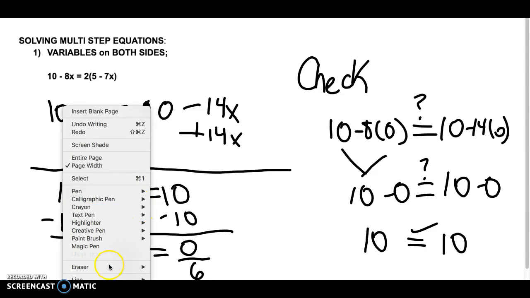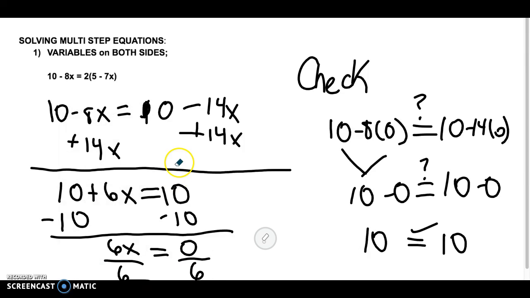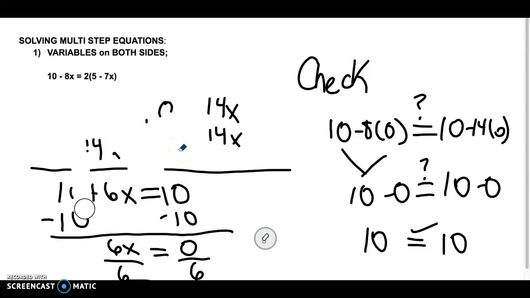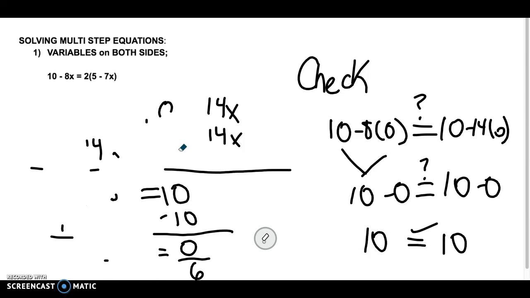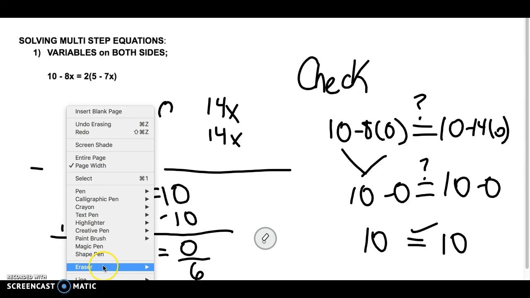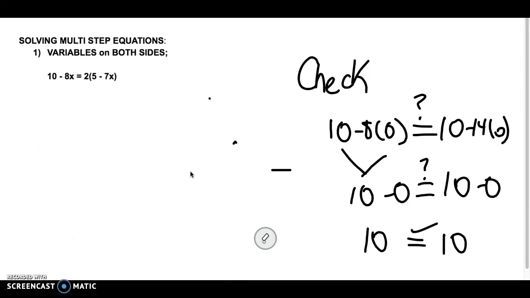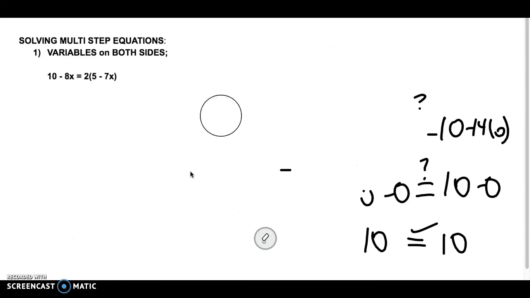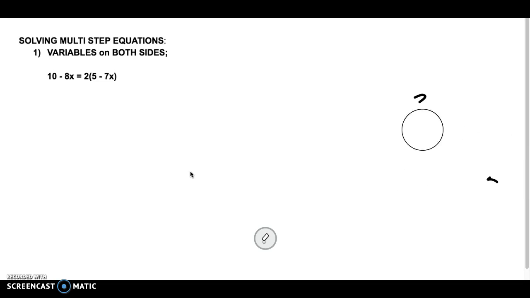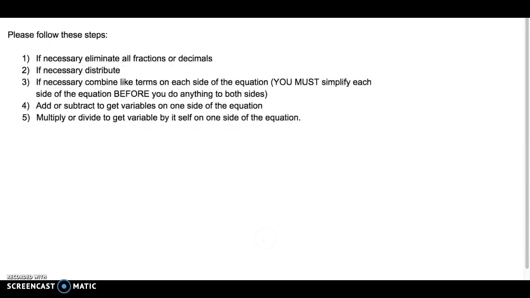Okay, so the first one is, oops, guess what? I forgot to go back. And let me get a bigger eraser first of all. All right, I skipped a page. So I'm going to go back. Sorry about that. Let's go back to